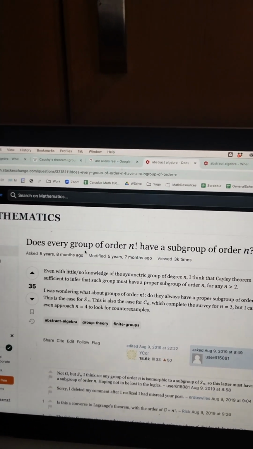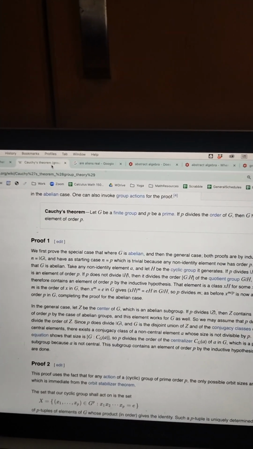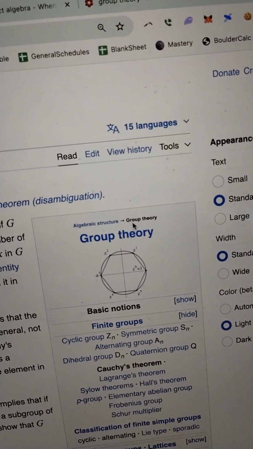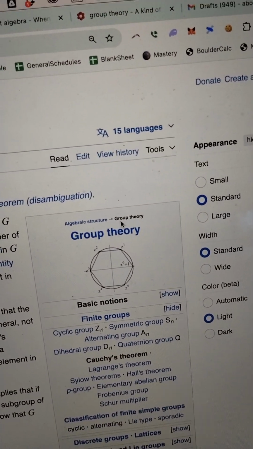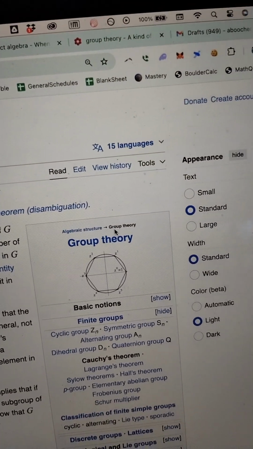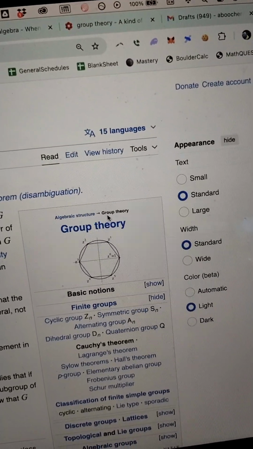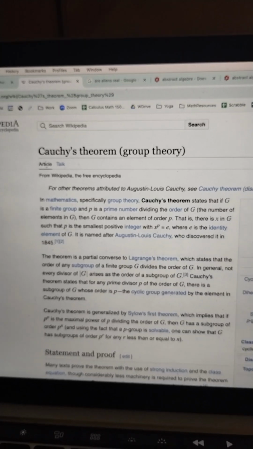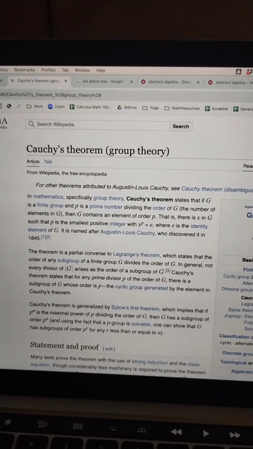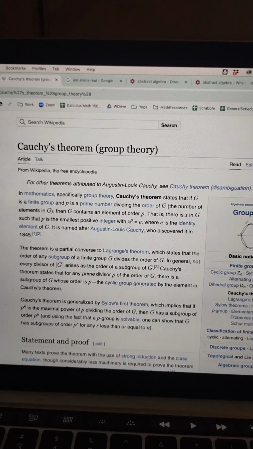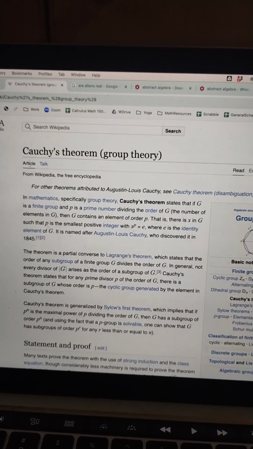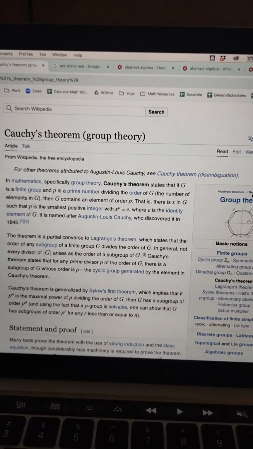So what is this question really even about? Well, it's about something in math called a group, which you should think about as a set of symmetries. So for instance, if we look at this hexagon here, we can say that maybe it has rotational symmetry or reflectional symmetry. And we might want to think about some of those symmetries in isolation or together, and we might want to count how many total symmetries there are. And so suppose I have an object that were to have, I don't know, 12 symmetries. I might ask if there's a smaller set of them that would themselves form a group of symmetries.